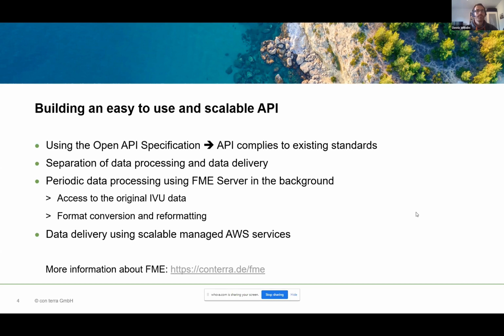that can help you to understand what this API actually does. In order to make this API scalable, we figured out that the best way to do that would be to separate the data processing and the data delivery. So we have a periodic FME server job in the background running that basically gathers all the data every few seconds, does a little bit of format conversion, reformatting, and all of that stuff, and basically pushes everything to our AWS database. On the AWS side, we have a bunch of services that basically allow us quite easily to connect to all the users and